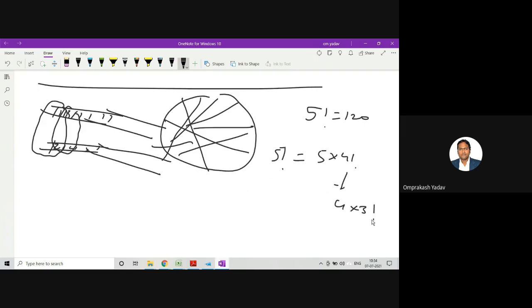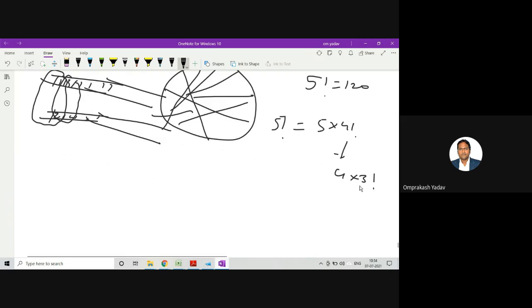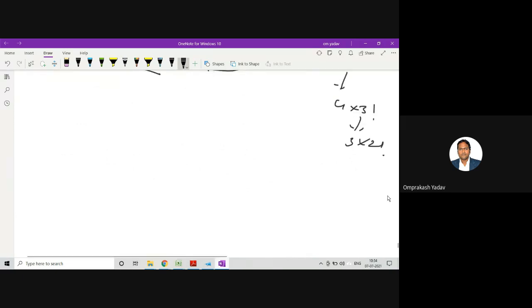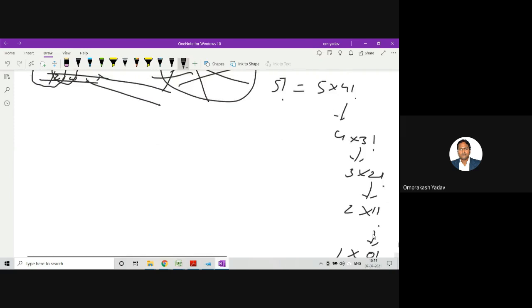Okay, and this 3 factorial is nothing but 3 into 2 factorial, and this 2 factorial is nothing but 2 into 1 factorial, and this 1 factorial is nothing but 1 into 0 factorial. You know that 0 factorial is what? 1. So this could be my base case condition.